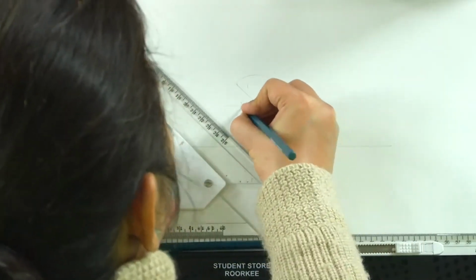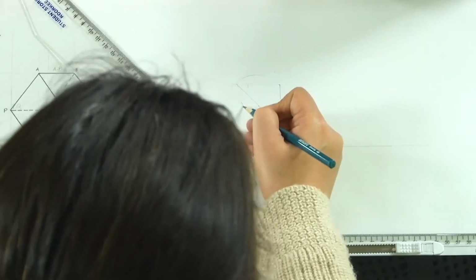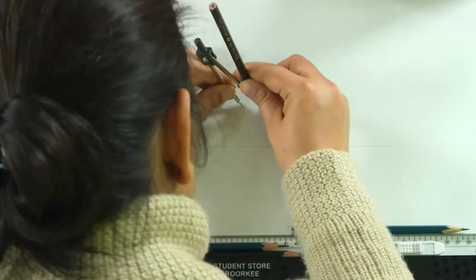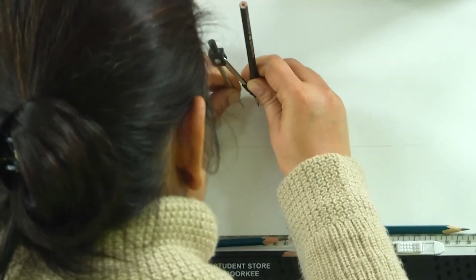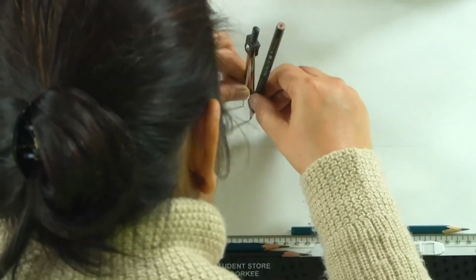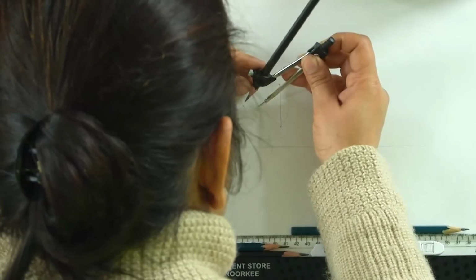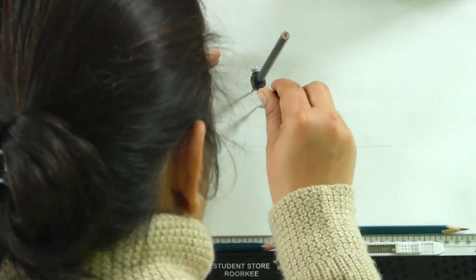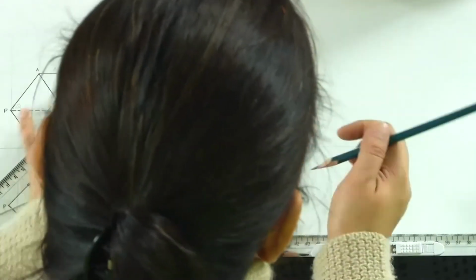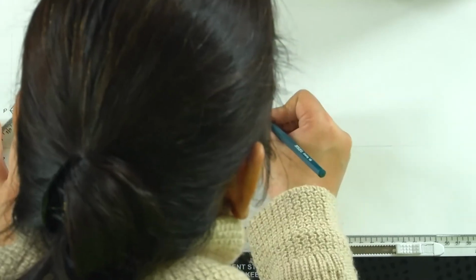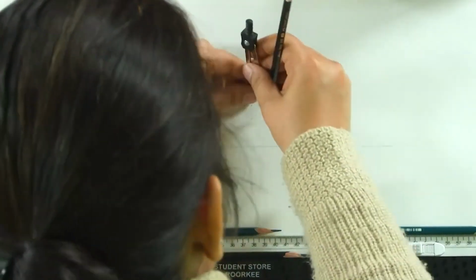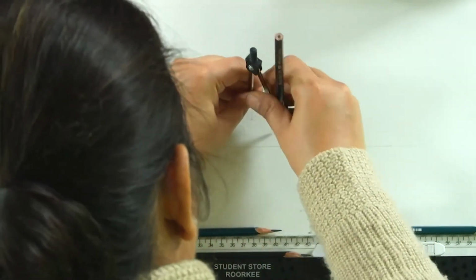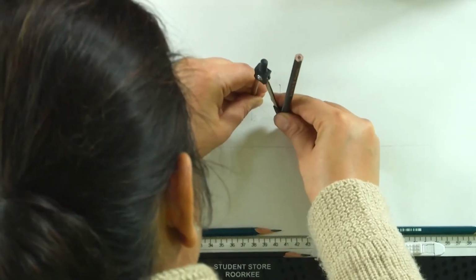This is the center point for a square, this is the center point for a hexagon. So, you bisect it here. What you get here is the center point for a pentagon, and taking this radius,